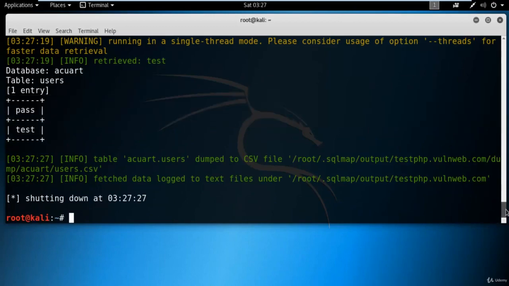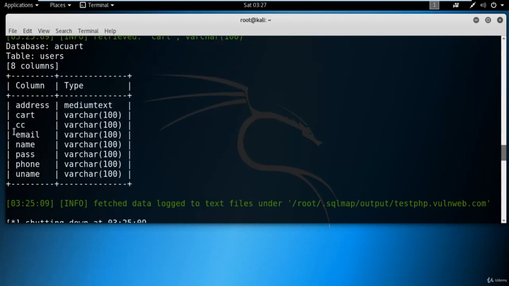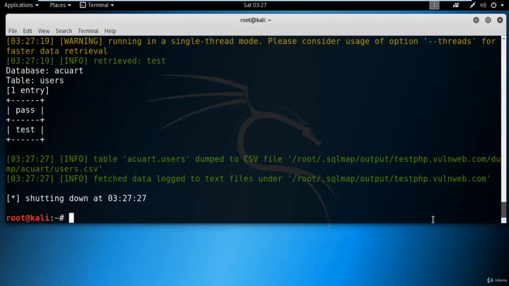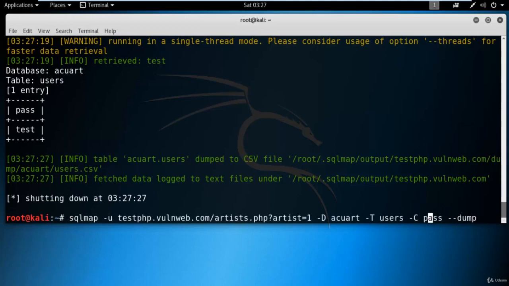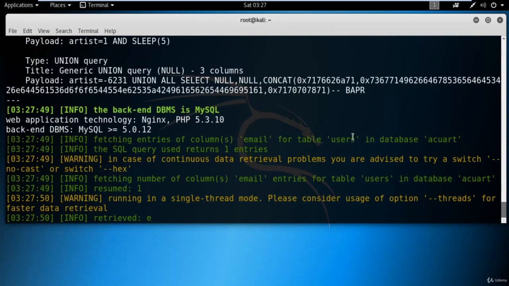You can also get other information like email IDs, etc. For example, if we take email, click here, press the up arrow to get the command again, and you can type email here to get information about email. So it is extracting email IDs, whatever is inside that.